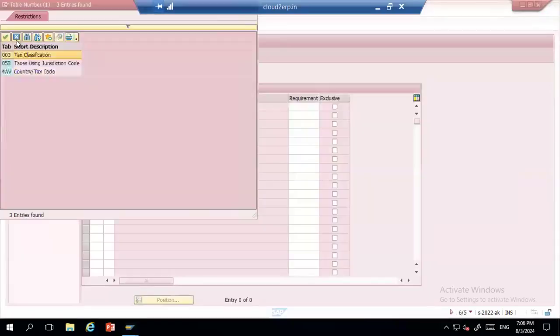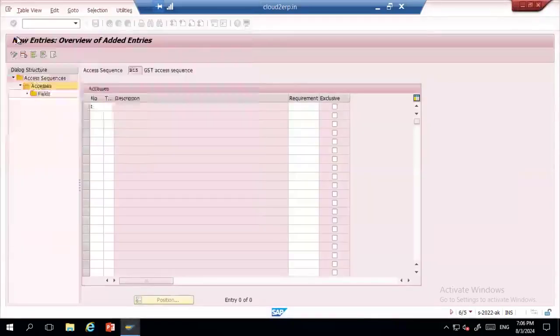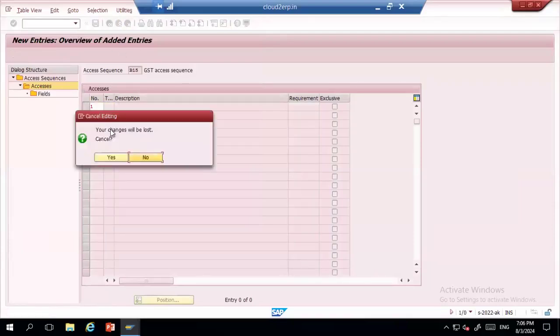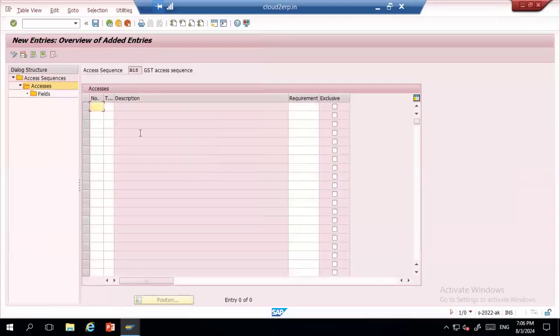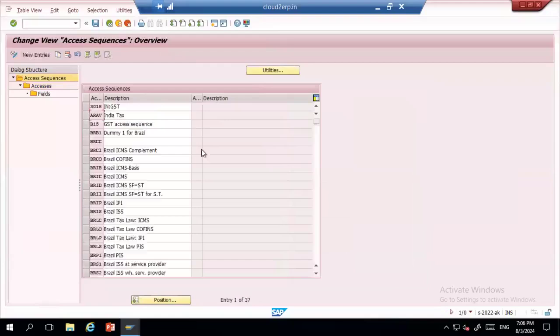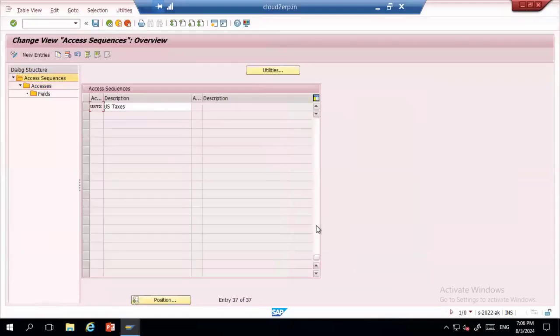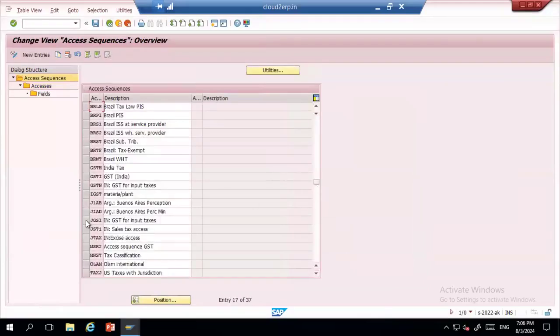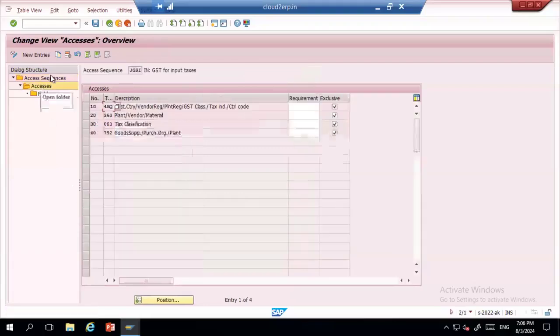Here the access sequence is not picking the table which are used here. Let me check for the standard table. Okay.